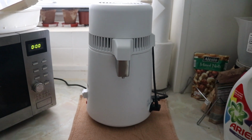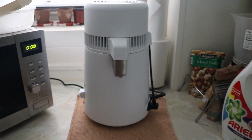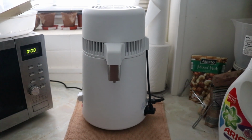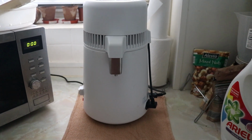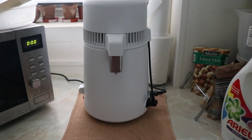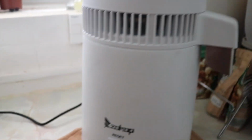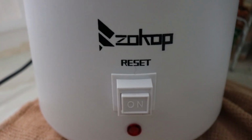Hey, today we're doing a review on this water distiller. Now this water distiller, mind you, I would say it's not top of the range in terms of what you can get. In actual fact, it's probably best if I show you the actual name of this thing. Now, when I say it's not top of the range,